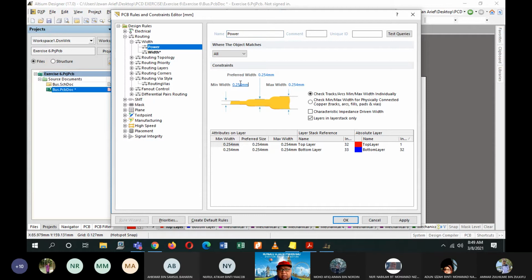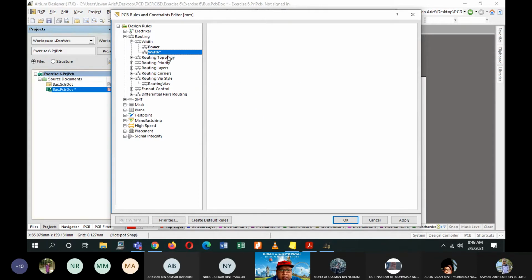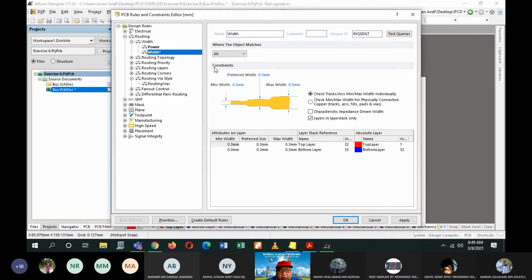Change the size to 0.6, 0.7, and 0.8 for power. And then for width 0.3, 0.4, and 0.5, that should be okay.